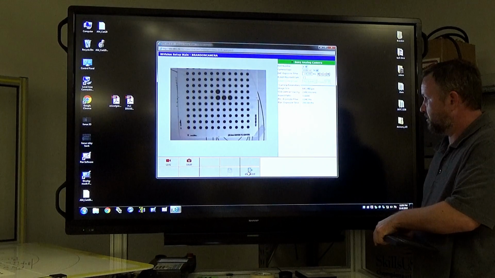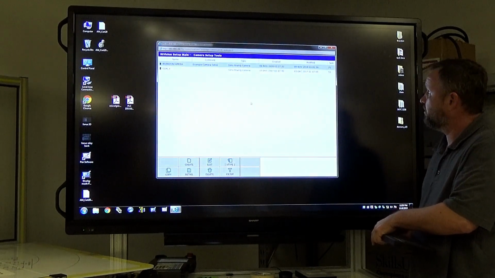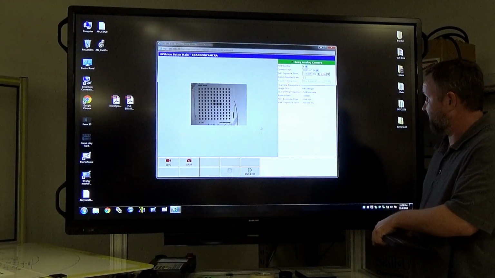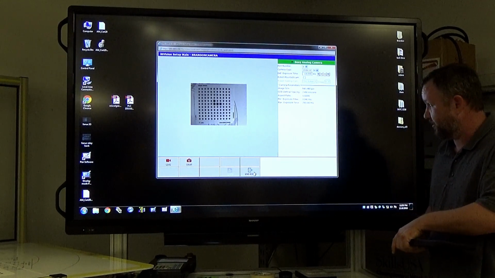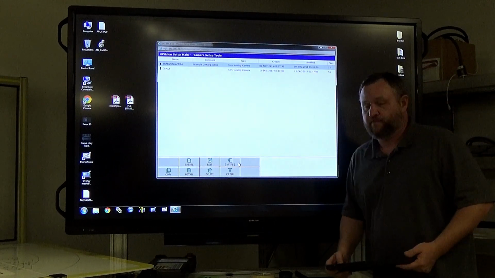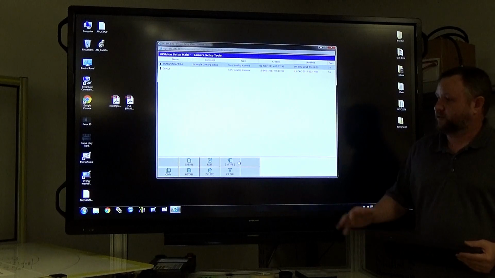Okay, so end edit. And then I usually like to go back in there and make sure all my values saved. I'm at 150 milliseconds for my exposure time now. So end edit. The next thing we need to do is calibrate the camera to this card that we're using with the dots on it,